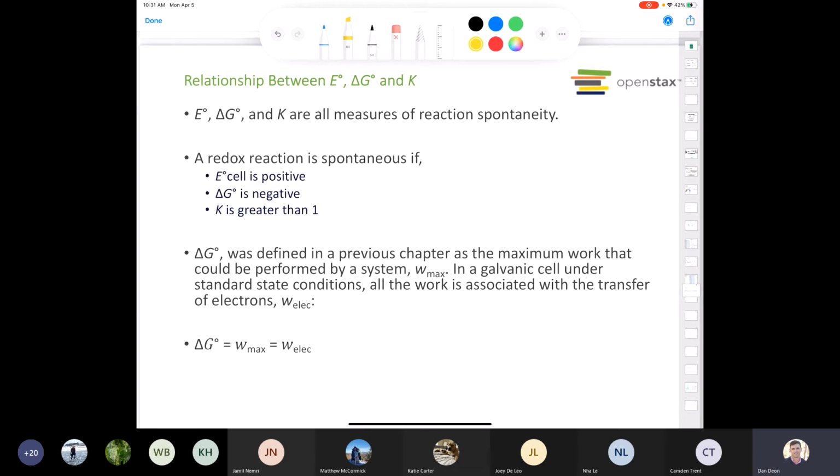And in fact, our book doesn't go into a whole pile of information about what delta G is. But if you read the previous chapter that dealt with free energy, it said that the standard change in free energy was basically the maximum amount of work that could be harnessed by a system. Okay? Now, if we have a galvanic cell and it's under standard state conditions,